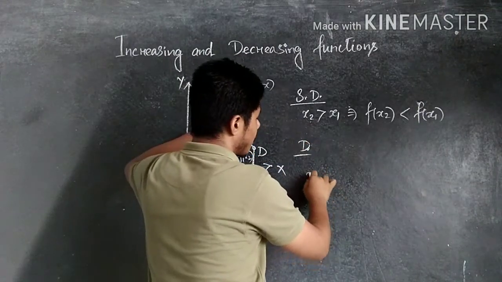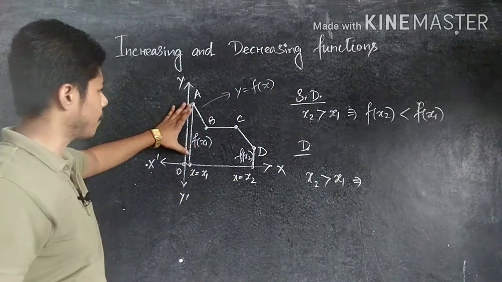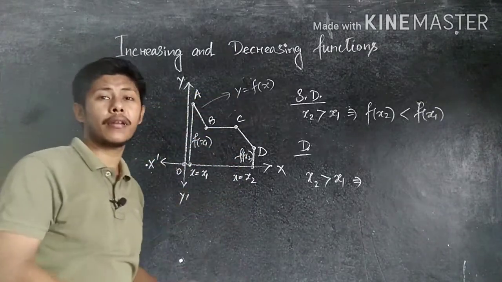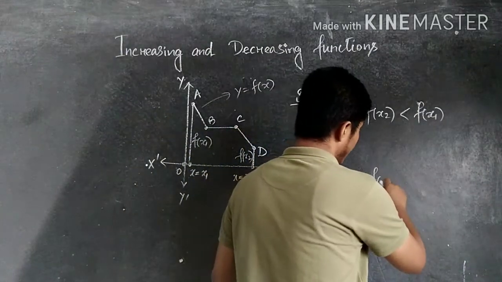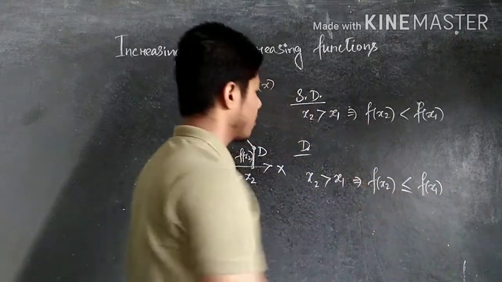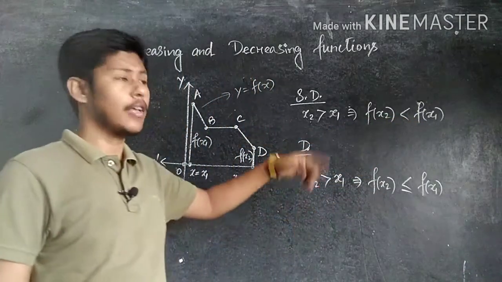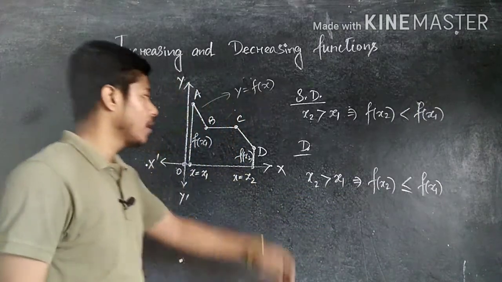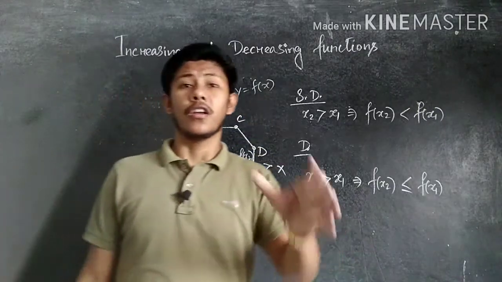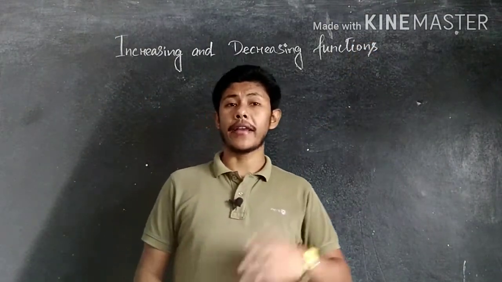only decreasing, then what you have to write? The coordinate is x2 is greater than x1, is it not? No doubt in the same case here f of x1 is greater than f of x2, but in some places the length of f of x1 and f of x2 are equal, so that's why we have to write here f of x2 is less than or equal to f of x1. So this one is the condition of decreasing function. Strictly less than for strictly decreasing, or less than or equal to for decreasing. Is it clear? So these are the mathematical representation of increasing and decreasing function. Is it clear? Okay, so the next one is neither increasing nor decreasing.